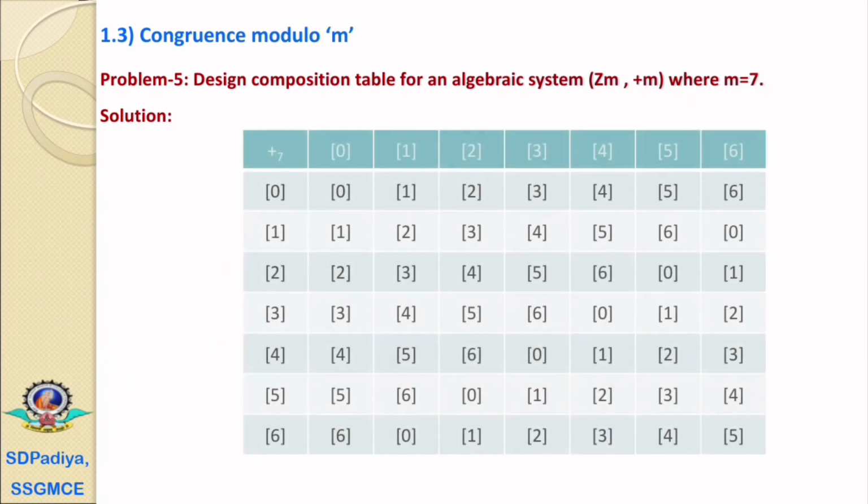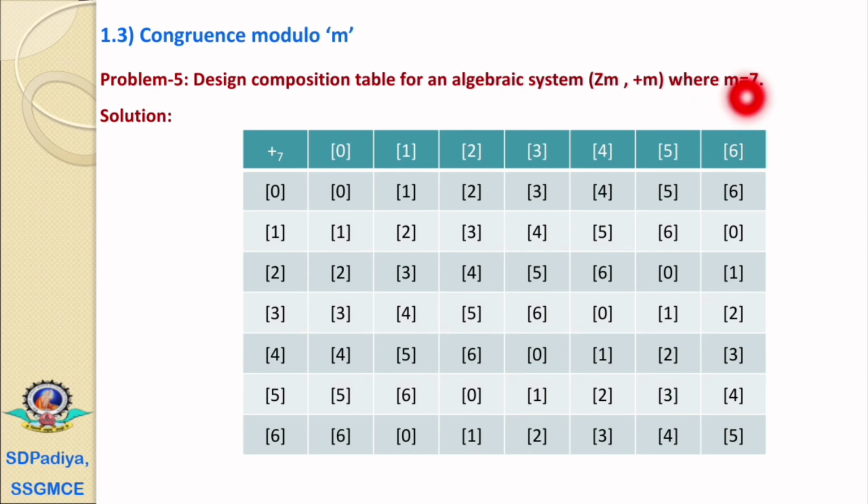If we have the composition table when m is equal to 7 for the addition operation, how can we write it down? With practice, for the 0 row it will be 0, 1, 2, 3, 4, 5, 6. For the 1 we can write down directly: it will start from 1, 2, 3, 4, 5, 6, and after 6 repeat with the 0. Next 2, we start from 2, 3, 4, 5, 6. Since m is equal to 7, we have to stop at 6, and after that we start again with 0 and 1, just like a circular queue.